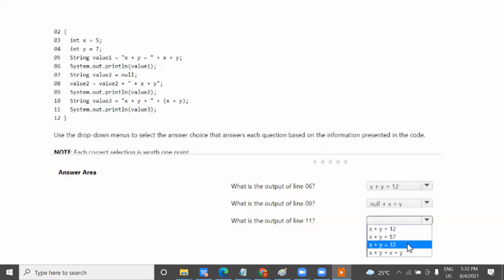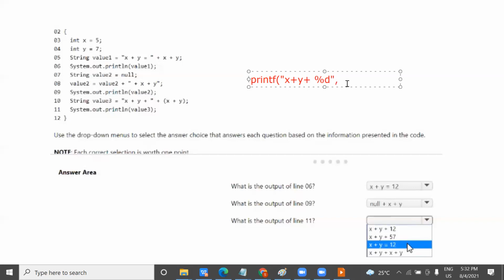Do you understand? Like in C language, if you are aware of it, what was the pattern of printing? It was something like this: printf, and you were writing, suppose, x plus percentage d, y plus percentage d, right?